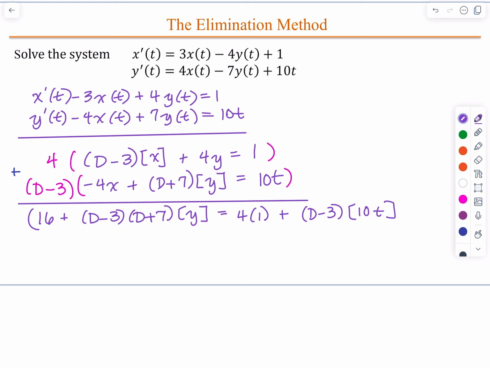And we see that this is equal to 4 plus 10 minus